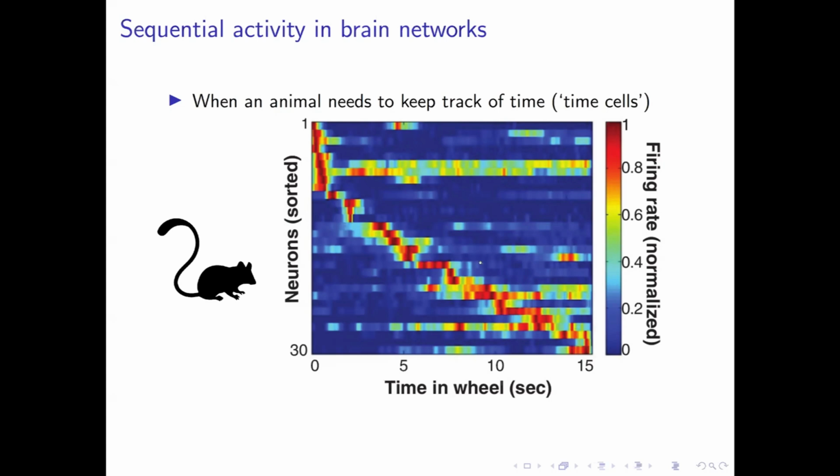You have some neurons that fire for seconds, others that are very brief, that are active only for a short time, like this one. But you can see that from the activity of these neurons, you can decode the time that has passed from the beginning, from when the mouse started running. And so presumably the mouse uses these neurons to figure out when it can stop and then collect the reward.